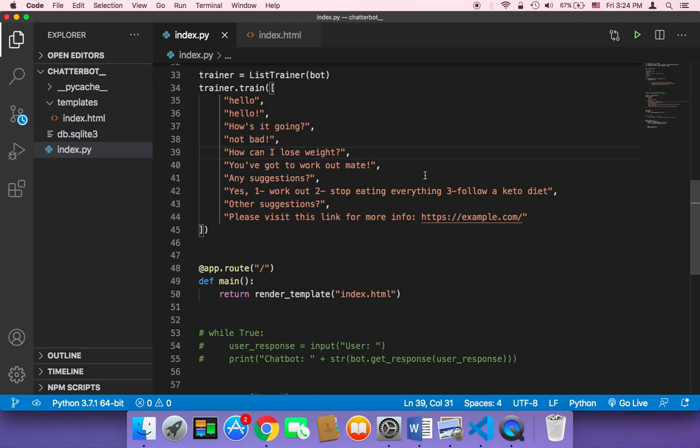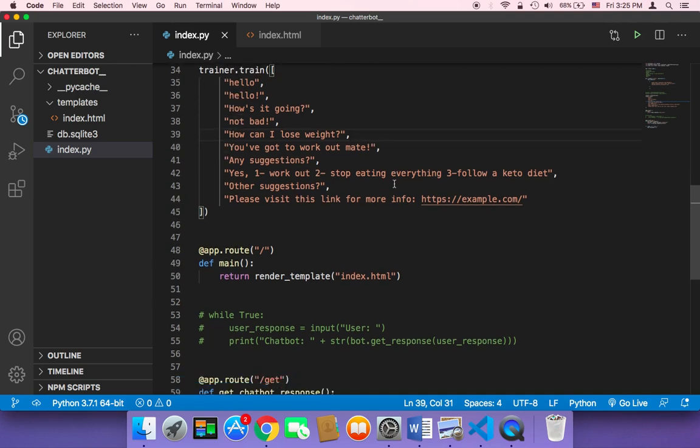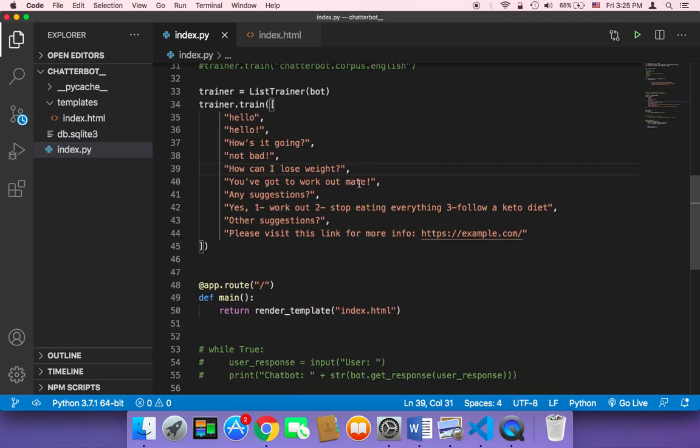Therefore, you can add those questions and those responses that you think your users and your customers might ask, instead of just having a very broad conversation with the chatbot. It's not gonna be useful at all. Maybe just for fun, or for creating a project just for fun. But it's important to specialize in something, and to deploy your chatbot in a specific business in order to help your business and maybe your website or something like that.